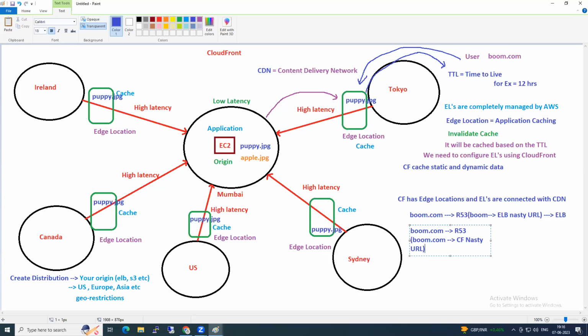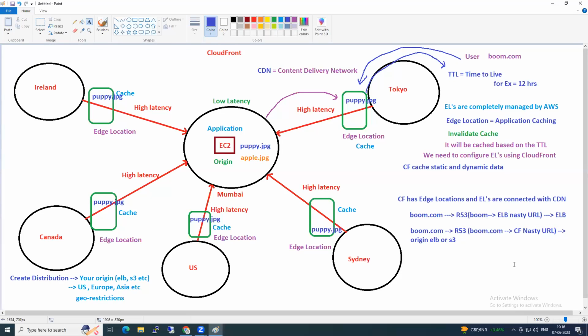The origin is the Mumbai ELB only, no? So CloudFront will send it to the origin, either ELB or S3. Like this, we can configure CloudFront and give our users globally low latency for our application.